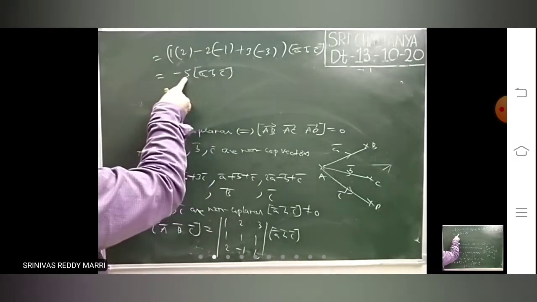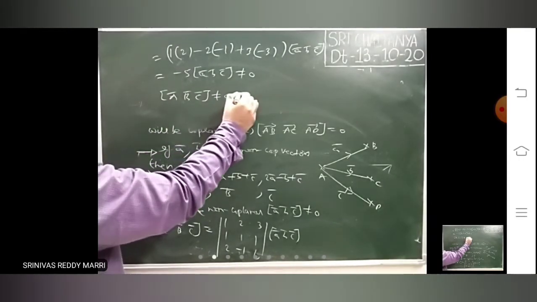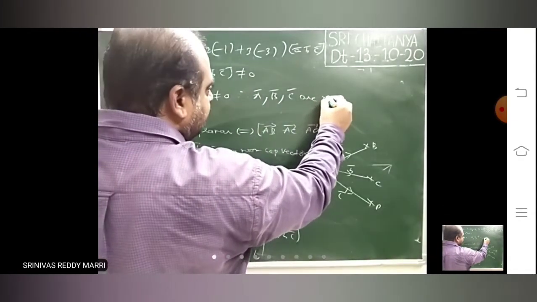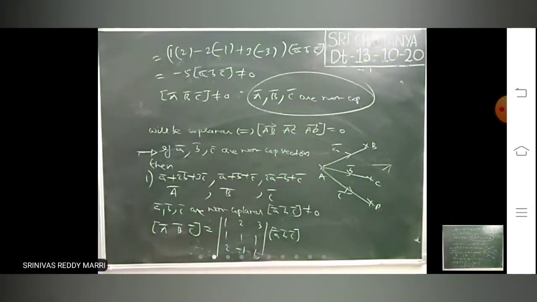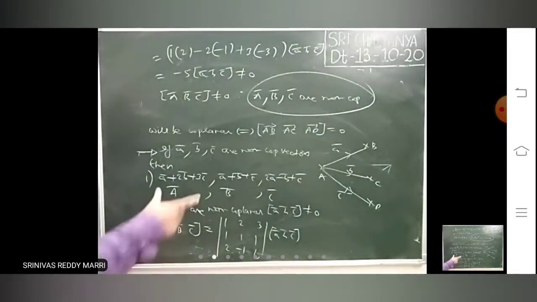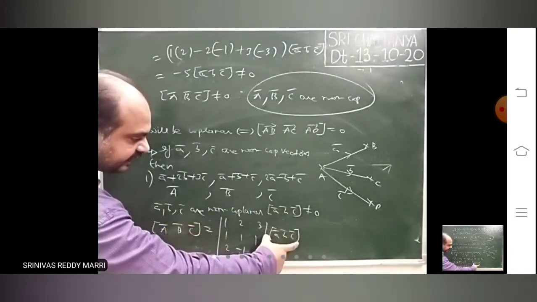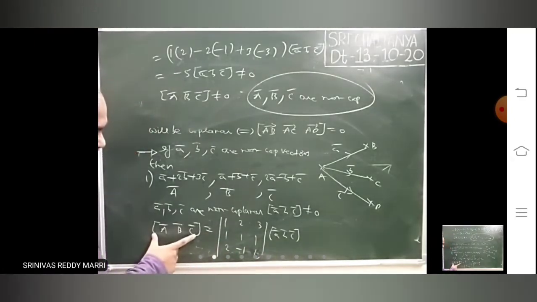So this is not equal to 0. Therefore box of A bar, B bar, C bar is not equal to 0. Therefore what are the vectors? A bar, B bar, C bar are non-coplanar. Scalar triple product not equal to 0 means they are non-coplanar. Don't confuse this with the given one. The given one means that this is not equal to 0. So here one factor will be there that is not equal to 0. If this is 0, what happens? These 3 will become coplanar. If this is not equal to 0, this is not equal to 0, this is not equal to 0, that means they will be non-coplanar, like that.